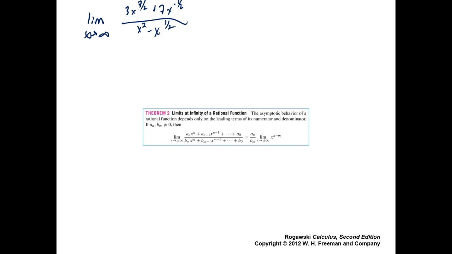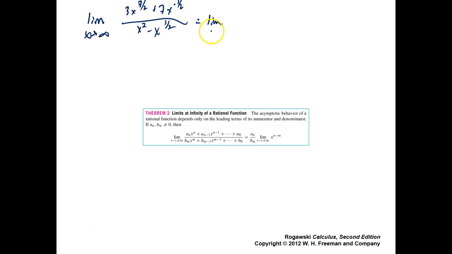Now, again, it doesn't matter what's happening to the low powers of x. It's only the leading terms. Now, these are weird leading terms. This is not a rational expression, okay? It's not a rational expression because you have non-integral exponents. But still, the principle is still true. Take just the leading terms. And that's going to be the limit